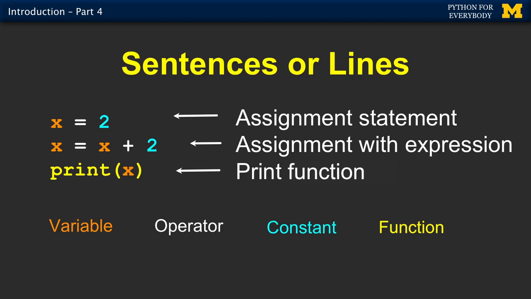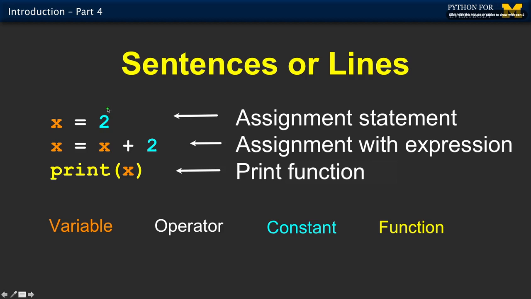Sentences are lines. And so when we write a program, we're writing a text file, and we put a line and another line and another line. Each one of these is like a separate line, and we've got to get them right. And then we construct a paragraph out of a series of lines. And so in this particular example,